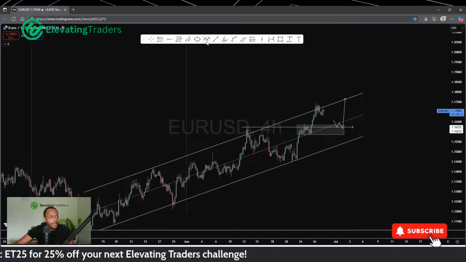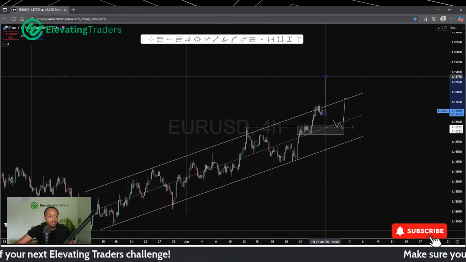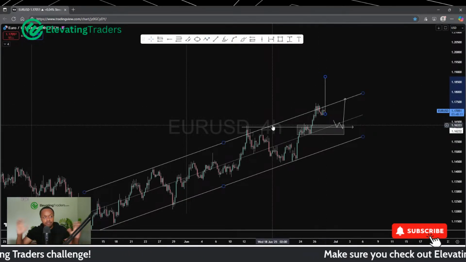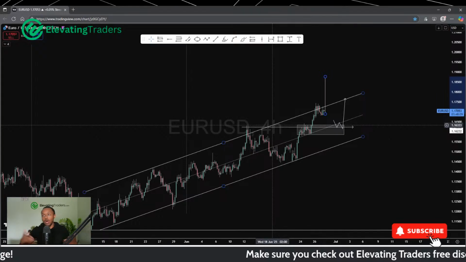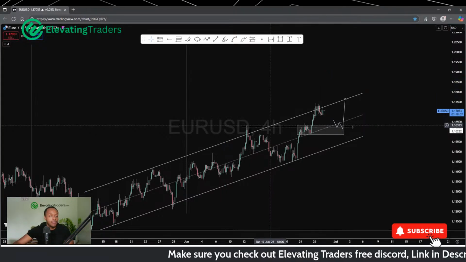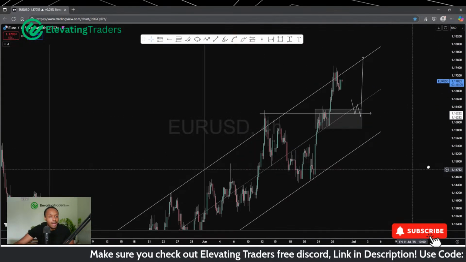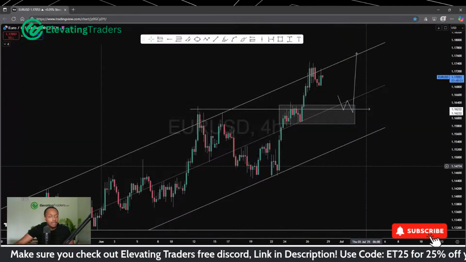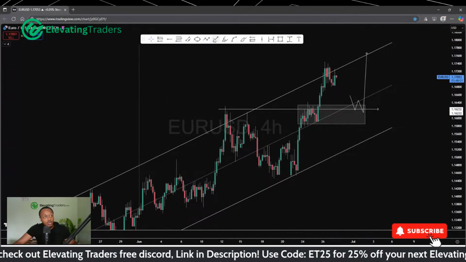If we find some momentum that does break us out of this channel and we have a big move like this, okay, maybe the trend is healthy again. Maybe we are going to continue. But for now, I am looking for somewhat of a pullback back into structure here. I might see a nice bounce there back to wherever the swing high is.